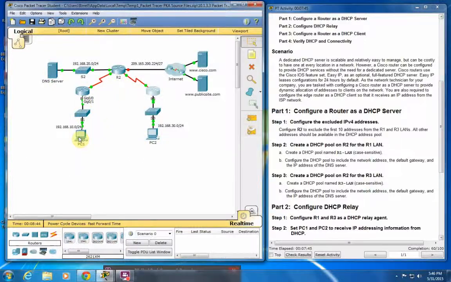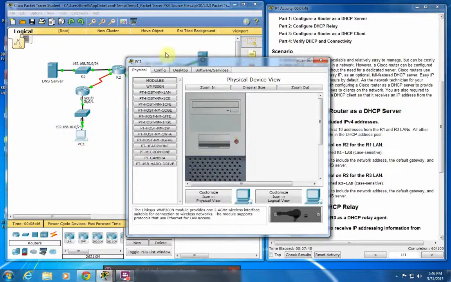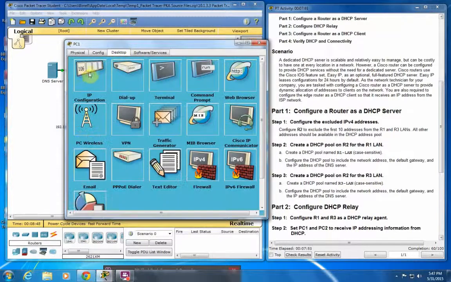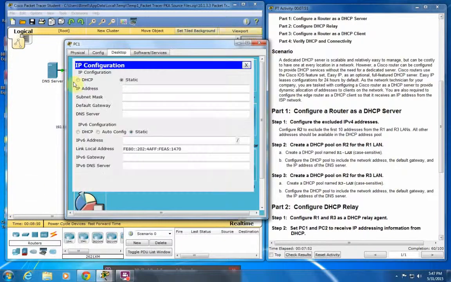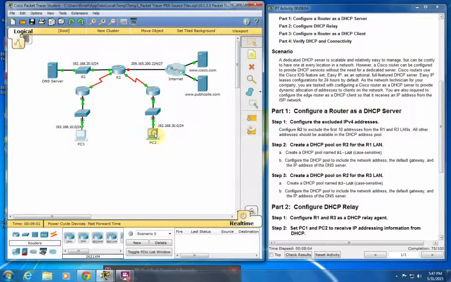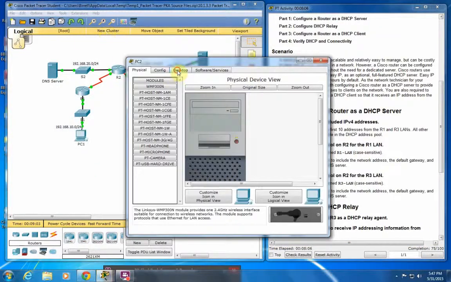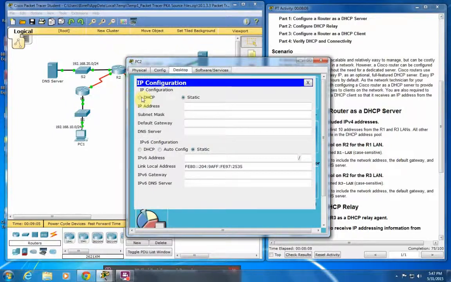Now the next thing we gotta do is go into PC1 and go into our desktop and go to IP configuration. Instead of being static, go to DHCP. Do not get out of this until you see DHCP request successful. As soon as you do, you'll be at 75%. Get out of here, go to PC2, go to your IP configuration mode here, click on DHCP, and the addresses were successfully sent there too. So now we're at 90%,